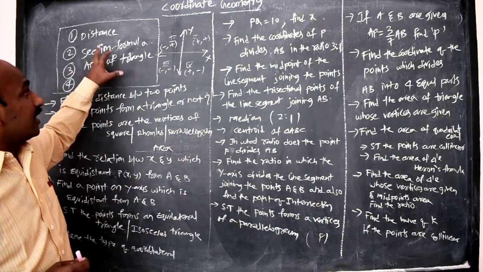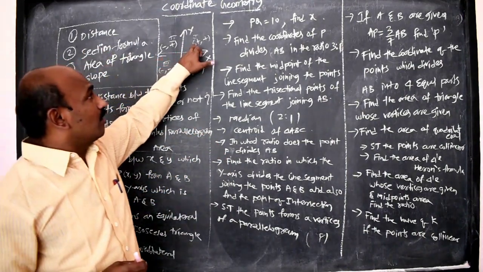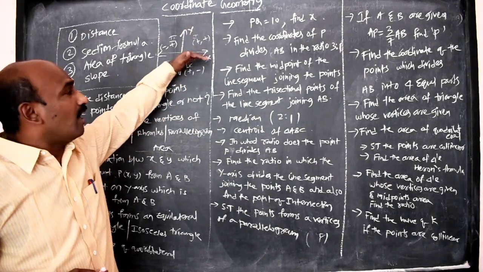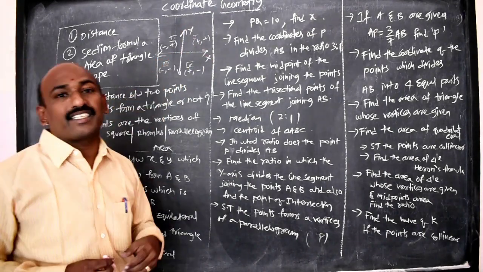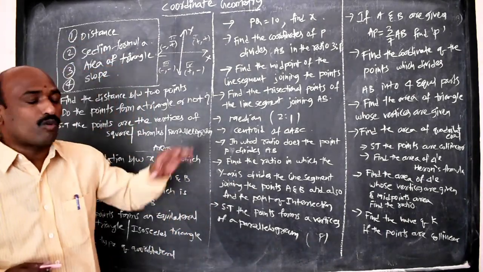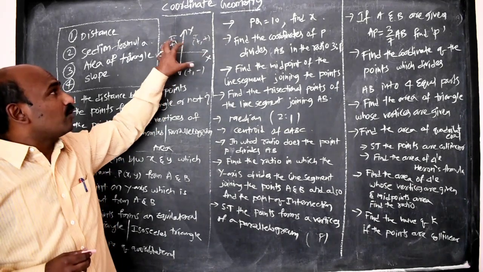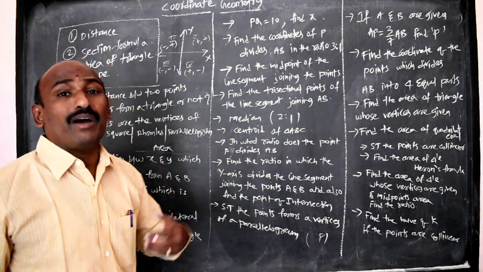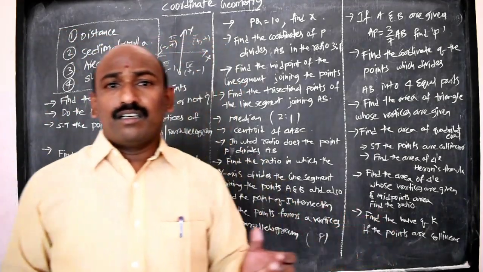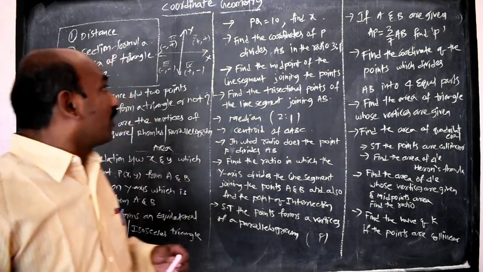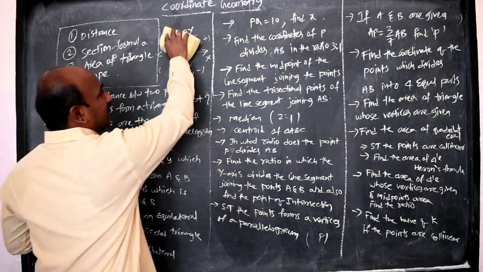Majorly, for the position of a point, we take 2 vertical lines and 1 horizontal line where they intersect, take that point as the origin, and we can locate where the point lies in the plane. This is a very useful chapter in real life situations. In a map also we can use it to find the distance between 2 places. This chapter is very important, and also a very easy chapter.